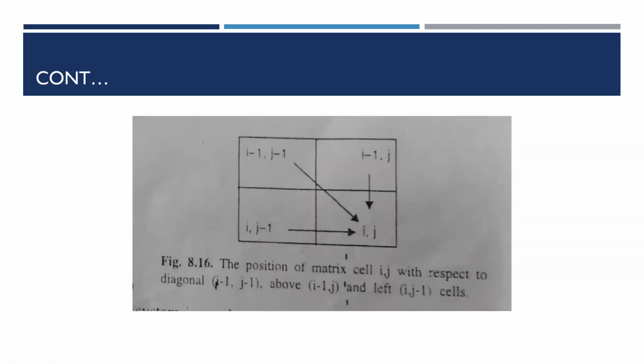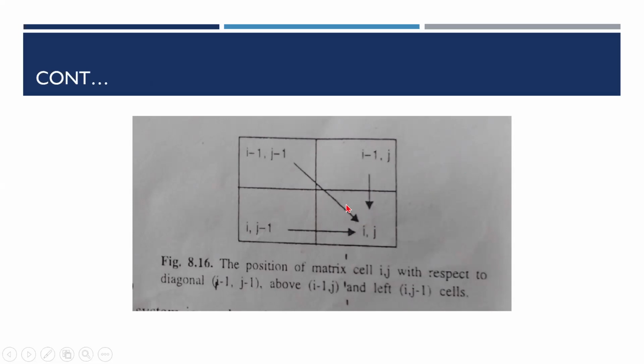So this is what I was telling. The dynamic programming method uses a matrix to fill the scores of the aligned characters so that recomputation can be avoided. If you want to fill a particular cell in the matrix, say for example this particular cell, you have to fill it in the matrix. This matrix is named V. When you name this matrix V, this particular cell is Vij.